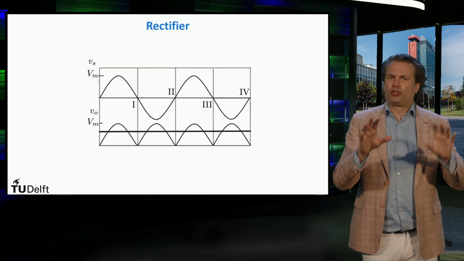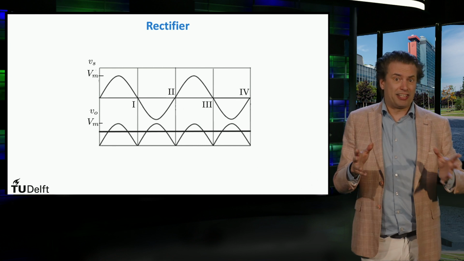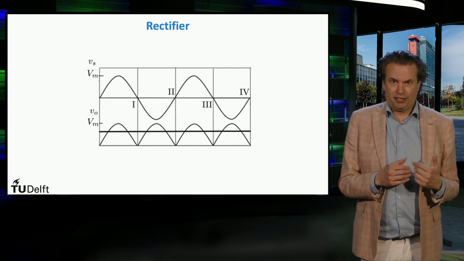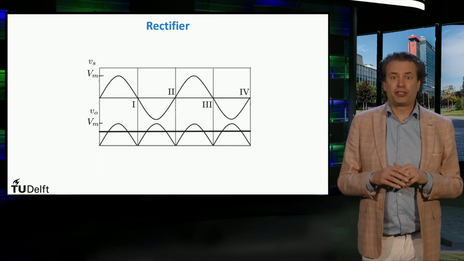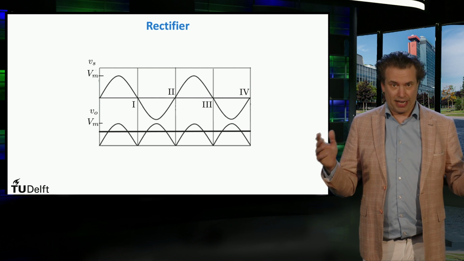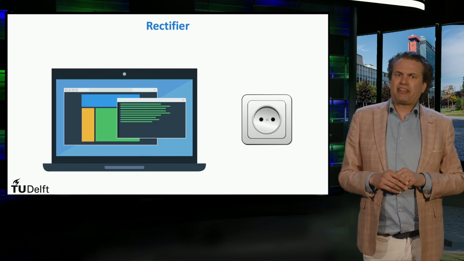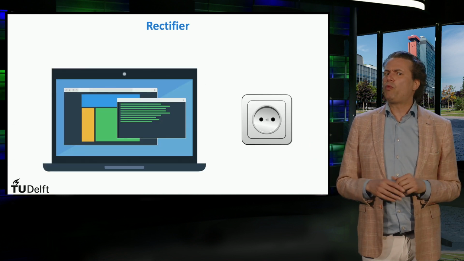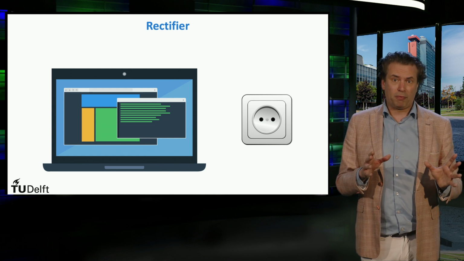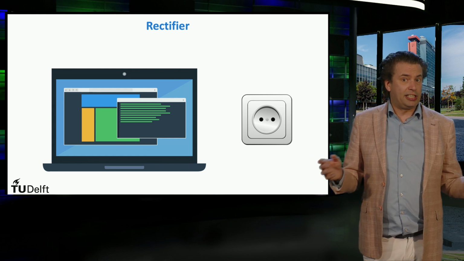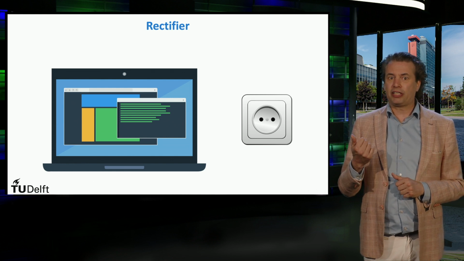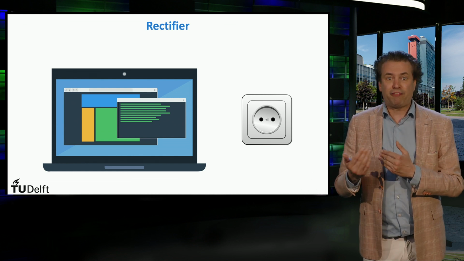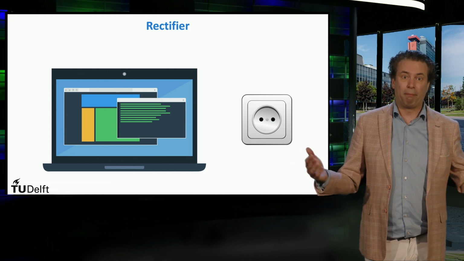The simple circuit discussed here could be the circuit inside a power converter. In this case, due to its operation from AC to DC, the power converter can also be called a rectifier. A rectifier is necessary, for example, when connecting a laptop, which operates in DC, to the AC supply socket. The power coming from the socket is AC and is then rectified to DC as required by the load.